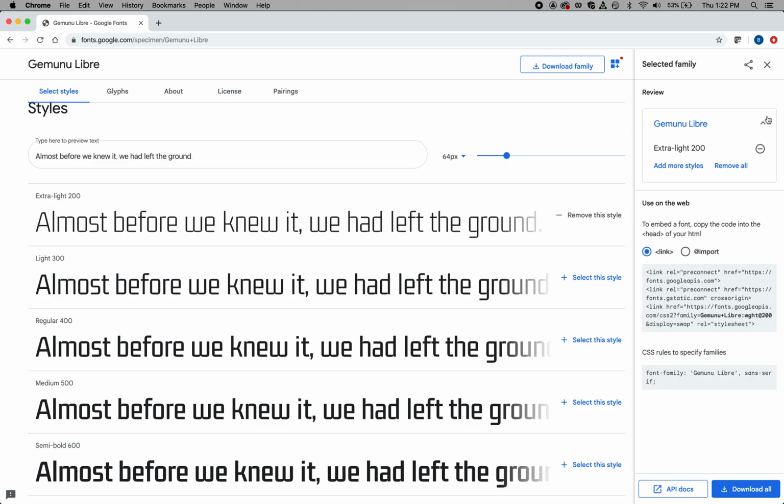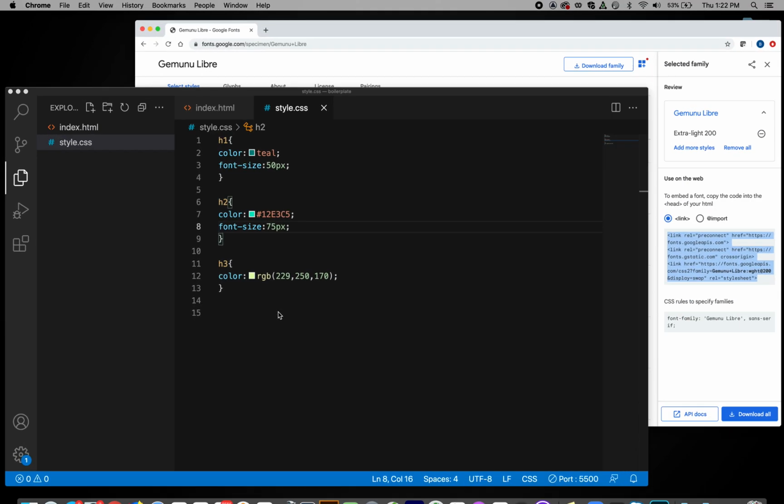dismiss that, you can see that it has two separate parts here. Alright, so the first part, you'll see this link rel, and this is to embed the actual Google API so that the font pulls up. Without this, it won't work. So what I'm going to do is I have to copy all of it. So let me go in and highlight it, and if I hit Command C to copy,